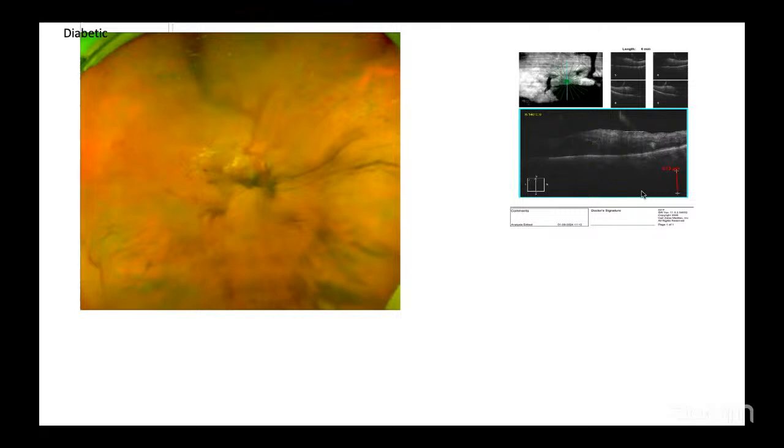Certain things are floating in the vitreous. What are they? Oh, there's an intragel hemorrhage as well. So what do you comment about this picture? Okay, so it's possibly due to proliferative disease with